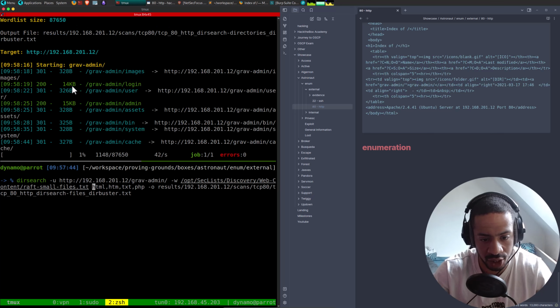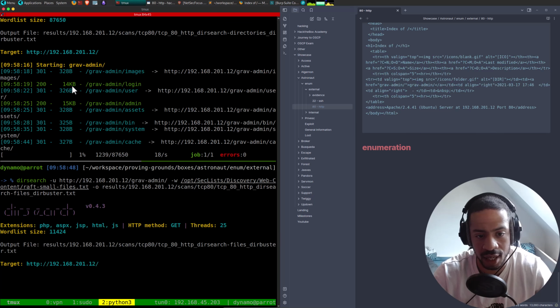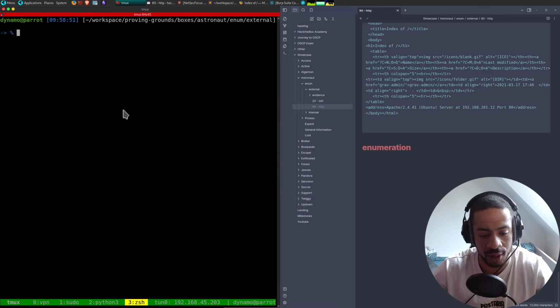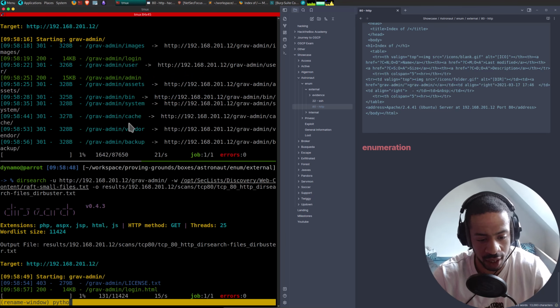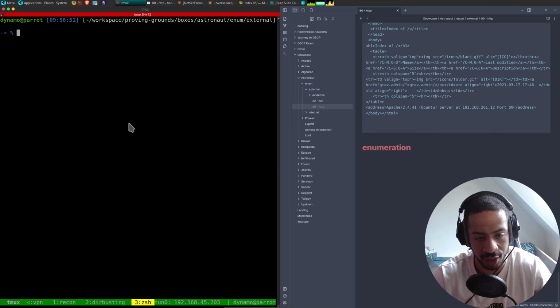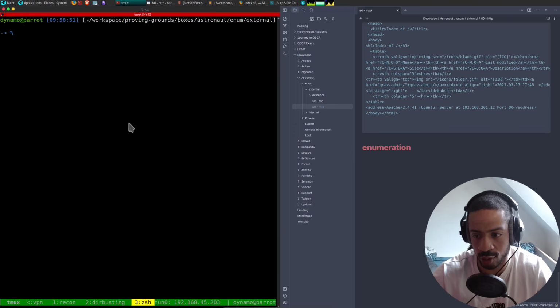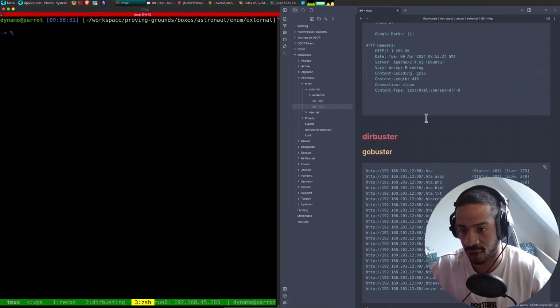The extensions we don't really need, and let's run that, and then open another one. So the first one is recon, the second one is dir busting, and the third one is enumeration, but we'll leave that like that for now.